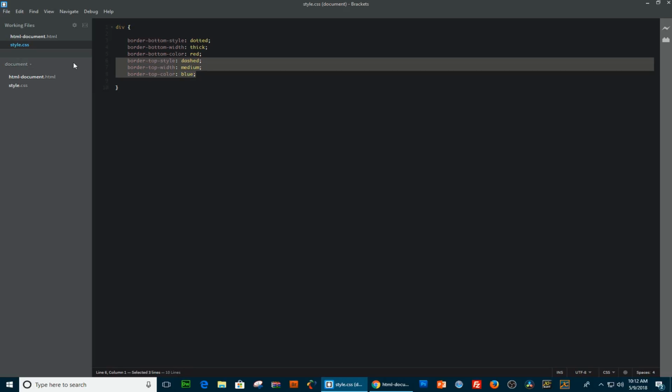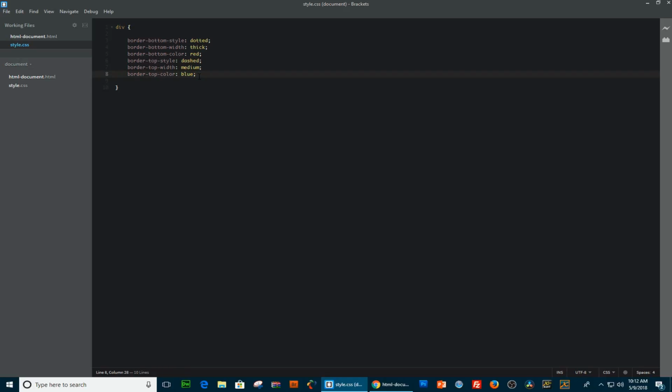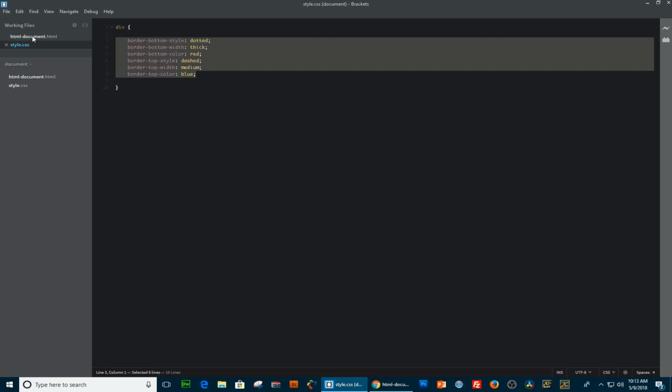We could copy and paste the same code and just change the middle word to left or right. Okay, but that will be too much code, unless it's necessary, right? So these three properties might be good to use for certain situations, but not at all times. So a better practice is to use the shorthand, converting these three properties into one itself. We've done it before. I'm not gonna show you the left and right because it's the same thing. So instead I'm just gonna remove this and show you this other way, which is